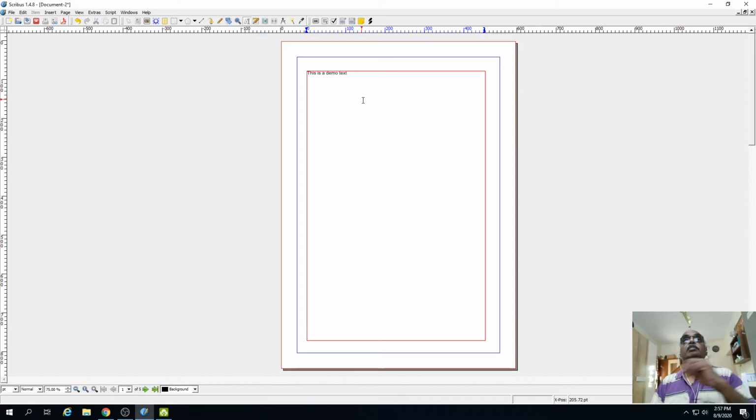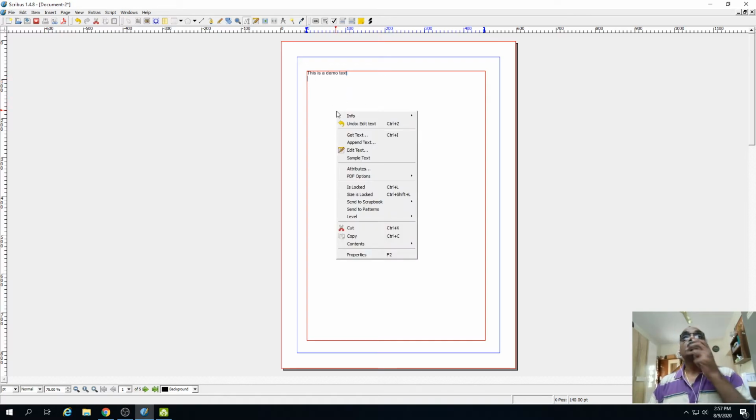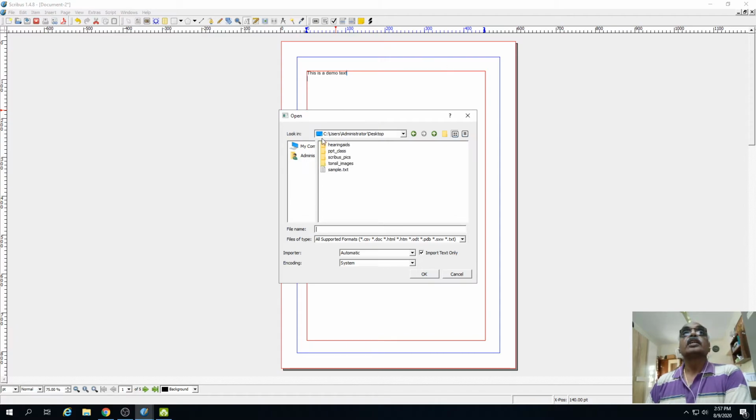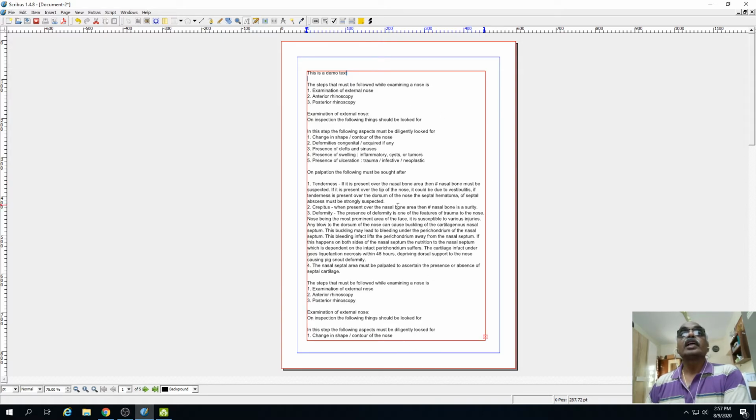So I have typed. You can keep typing, or you can also import text from the append text. It will ask you where to append the text from. Supposing I have text from here, it imports the text from the document I have stored on my desktop.